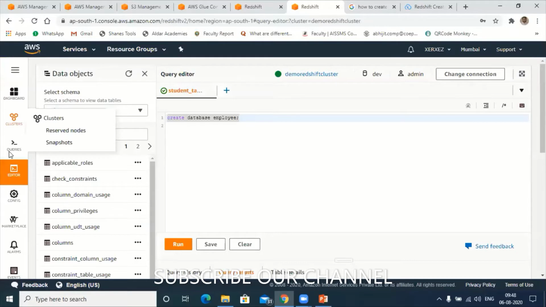Next, let me check whether this is created or not. To check that, go to query here. I was in the editor; now go to query and check all the saved queries. Queries and loads. Hold on, it's taking time.